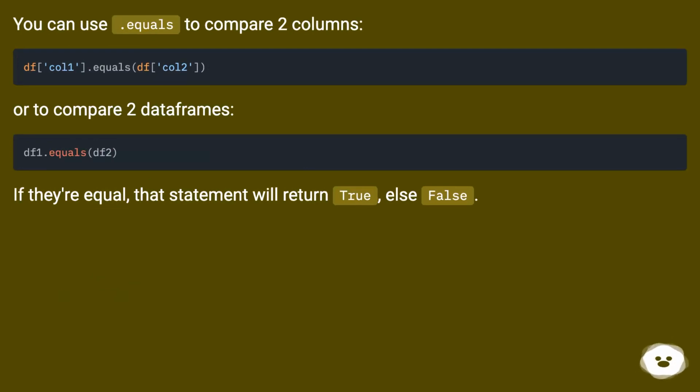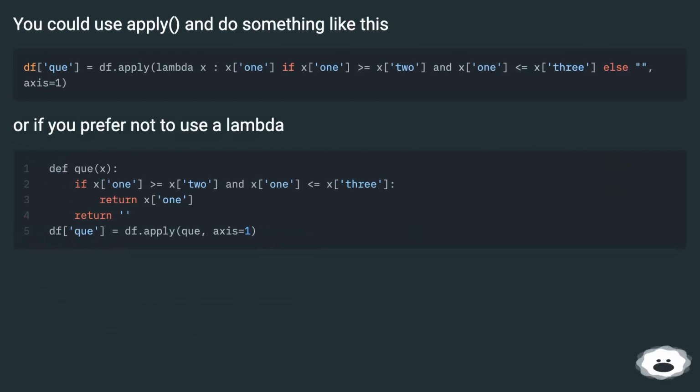You can use .equals to compare two columns, or to compare two data frames. If they're equal, that statement will return true, else false. You could use apply and do something like this. Or if you prefer not to use a lambda,